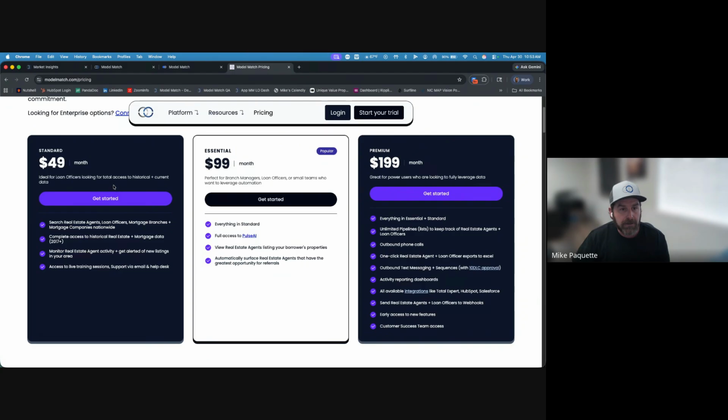Next plan up, standard, is $49 a month, typically, and again, this will have a discount. These 3 plans will all have a discount associated to it for you guys. Standard is going to give you all of our historic data, so it gives you data back to 2017. And then you'll get the reporting or the notification system where you can follow an agent and get notified of